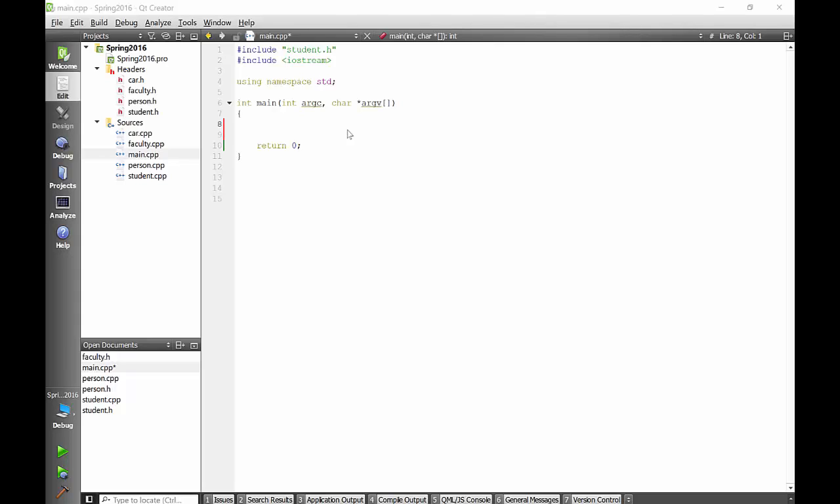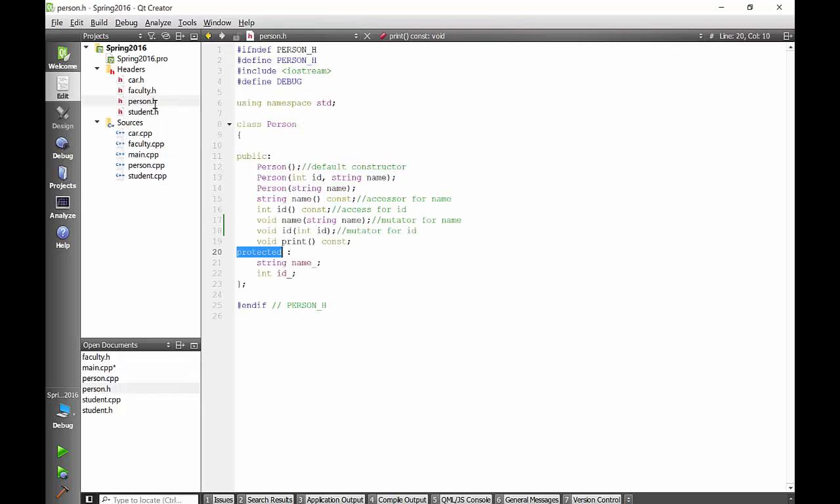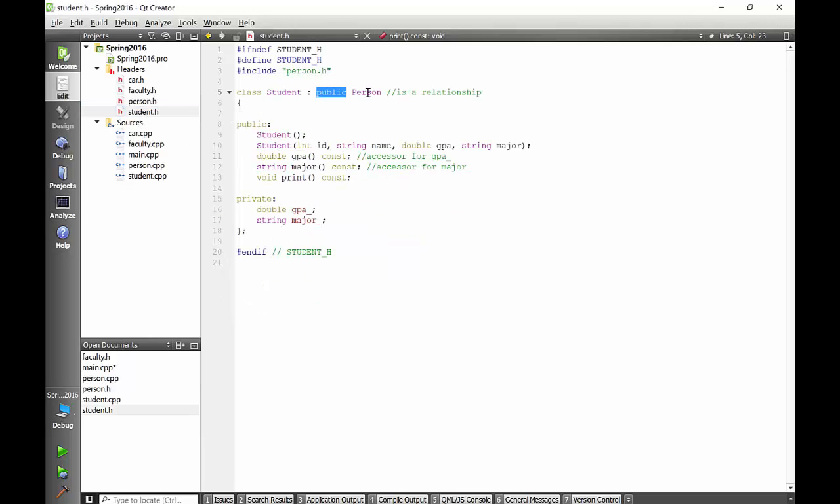Okay, so we will learn about upcasting and downcasting in this lesson using pointers. But before we do that, I just quickly want to do a quick review of upcasting and downcasting using references. So you know that we have a class person, and then there is a class student that is deriving from class person. So person is the base class or our superclass, and student is the derived class or the